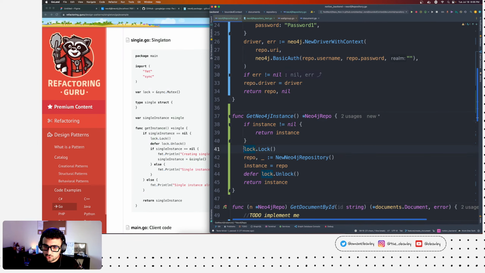And then it goes to the lock, but right before acquiring the lock, that go routine stops, and another one goes, and it says, hey, is instance empty? It says, actually, yes, I'm empty. So it goes to the lock, but now it acquires the lock, and now it creates the repo, and now the instance is assigned something, and then it unlocks. Now the go routine that already stopped right before here, right?